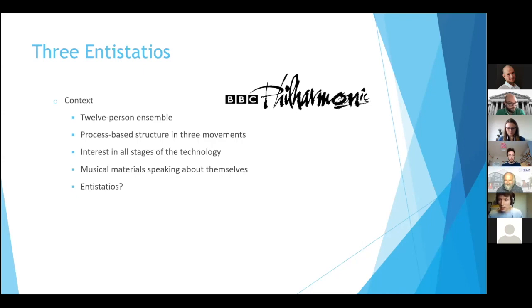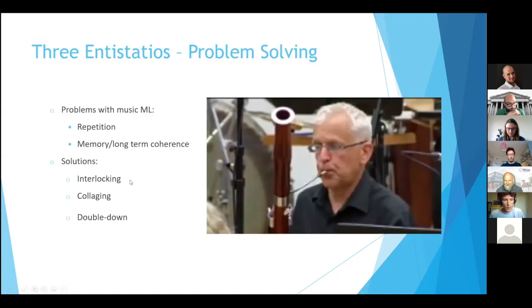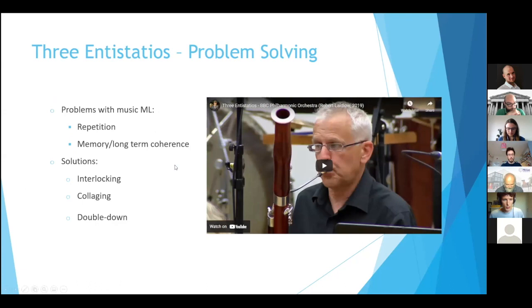And in this piece, I wanted to explore some solutions to problems thrown up by using machine learning in the compositional process. And there are 2 particular problems I wanted to look at to find a solution for. If you were trying to create music just by machine learning alone and weren't trying to compose around it or use it as material in your work, you might find that often machine learning music generations get stuck in ruts. They begin to repeat themselves endlessly. This is actually true for text generation as well. You'll also find that it's very difficult to maintain a sense of memory or long-term coherence over a piece of music generated by machine learning.